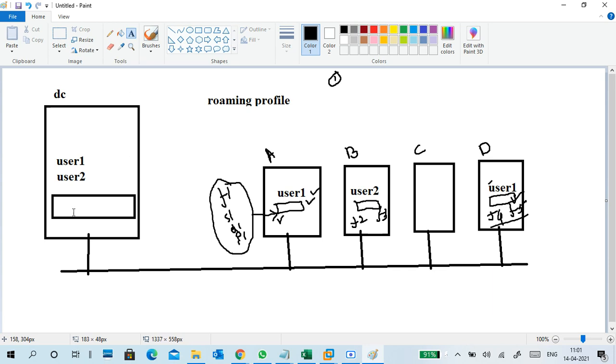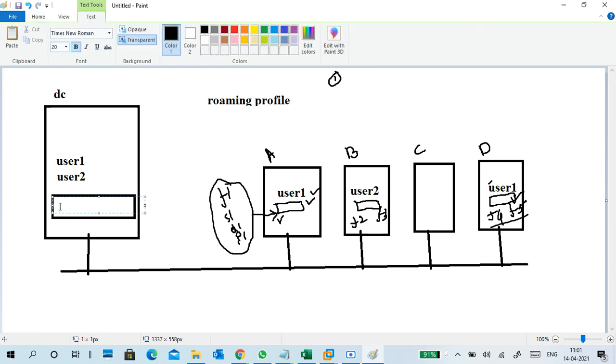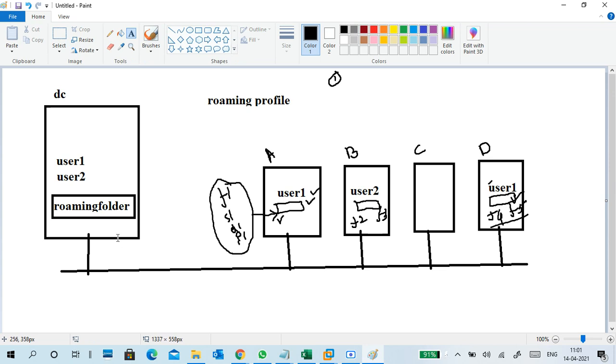I name the folder roaming folder, just for understanding, without spaces. I share this folder and link it to user profiles, so when a user logs in, their profile data will be created under this folder only.